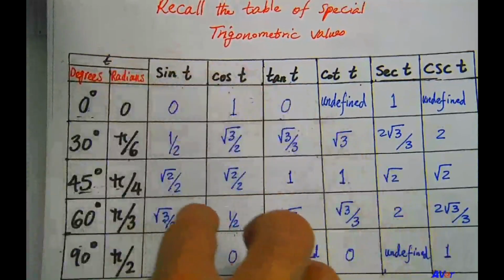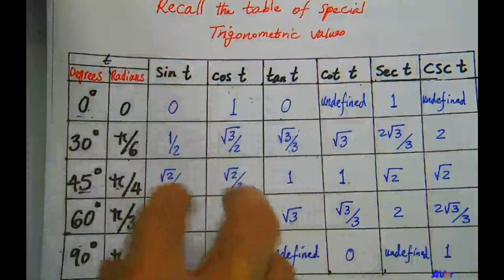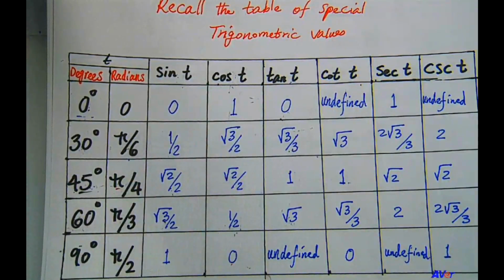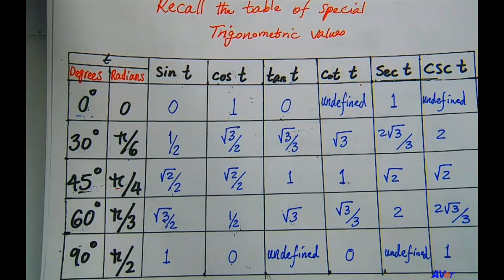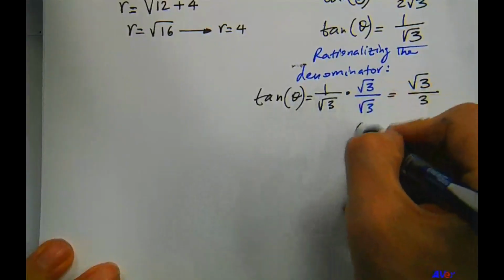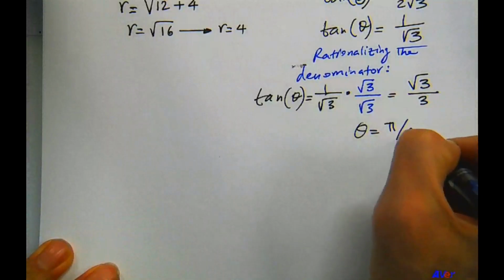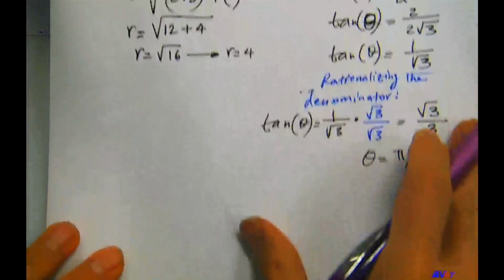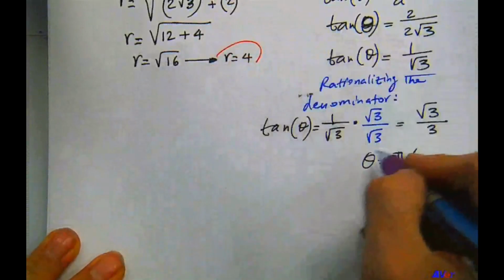Please remember, if we don't have that number in this table, we should use our calculator with the inverse tangent function activated. All right, so from this, theta equals pi over 6. So we have the r, we have the theta,